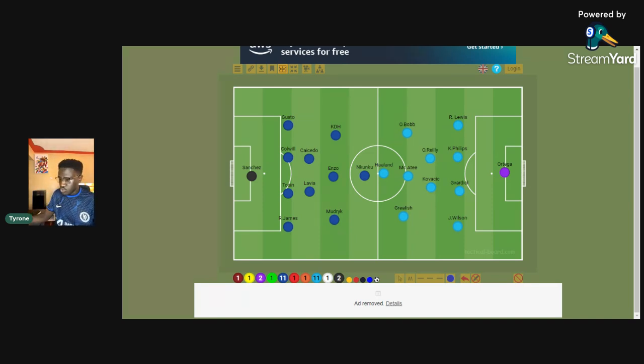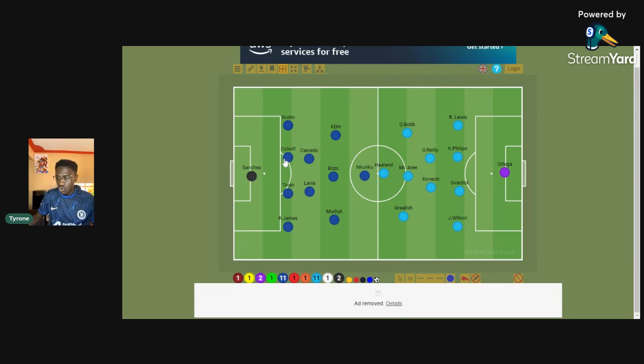Now, let's move on to Chelsea. You can say that this is probably one of their best lineups, though I have issues with it, which I will explain. So Sanchez started in goal, who's rumored to be Chelsea's number 1 next season, a player who lost his place to Petrovic last season. Reece James started, the club captain.